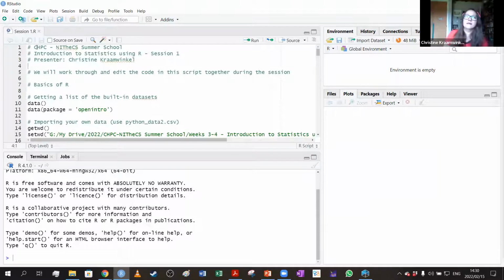So commenting, as you've seen before in the other languages as well, there are different ways to comment. Here we're using a hash sign. The moment I put a hash sign, everything after that is a comment, so it's not seen as code. Everything else that doesn't have a hash will be run as code. I've already shown you this, the data bit. Now to run a specific line of code in R, we just click on the run button for that line, or you can just press Control Enter. So I'm not going to click there every single time.